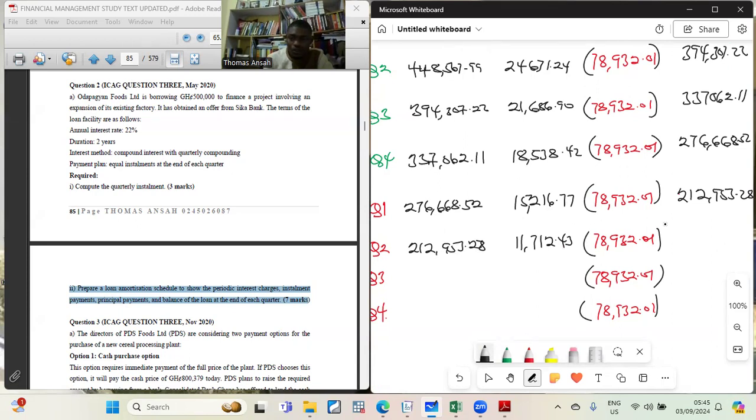212,953.28. All right, I have 145,733.70. So 145,733.70 multiplied by 0.055, my interest. You see, it is going down and down and down. So if I minus